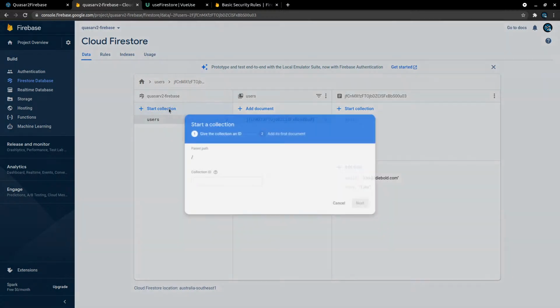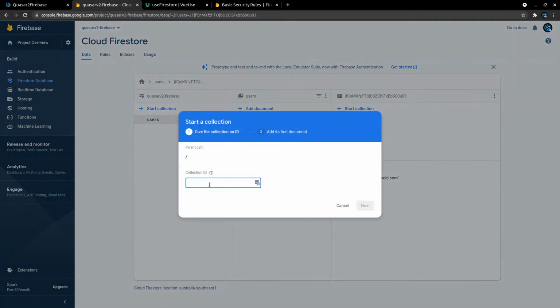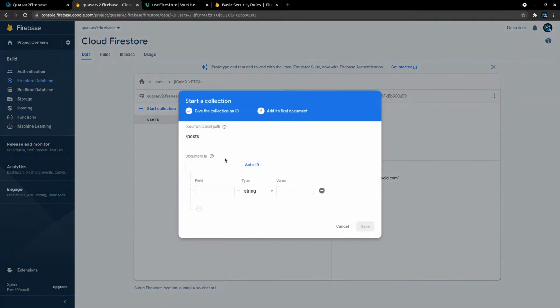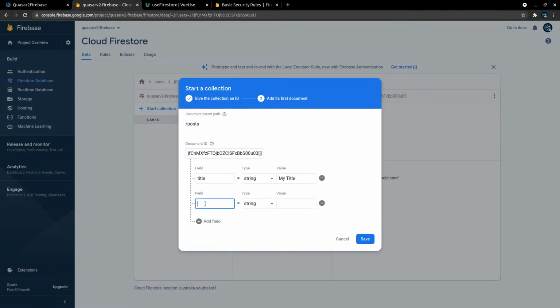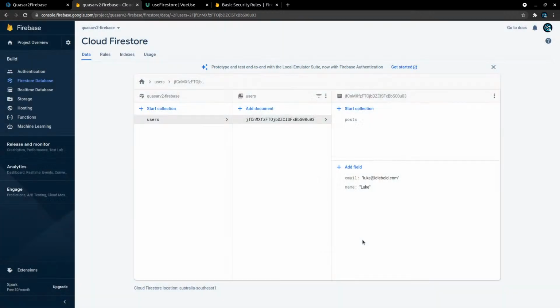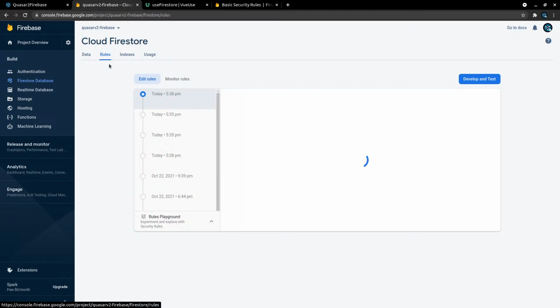You can copy that. So I want to be able to say posts. Document ID is that user's ID. Title: my title. Body: the body. And that's it, I guess. So that's all you have to do to identify that they are the user of that post. So now it should be pretty easy